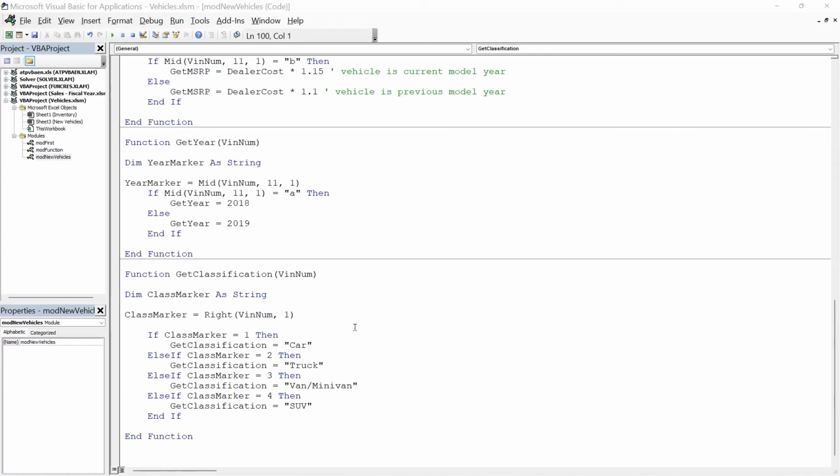Before we set up our first select case construct to extract the color from the VIN number, I'm going to have you switch back over to Excel and select everything on the new vehicle sheet, delete it, and then go back to the inventory sheet, and then come back into Visual Basic Editor. I'm at the bottom of the new vehicles module underneath the get classification function, and I am going to type